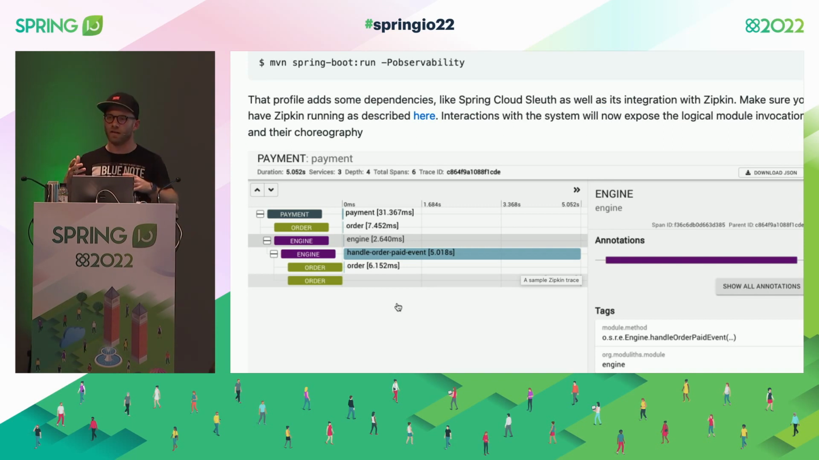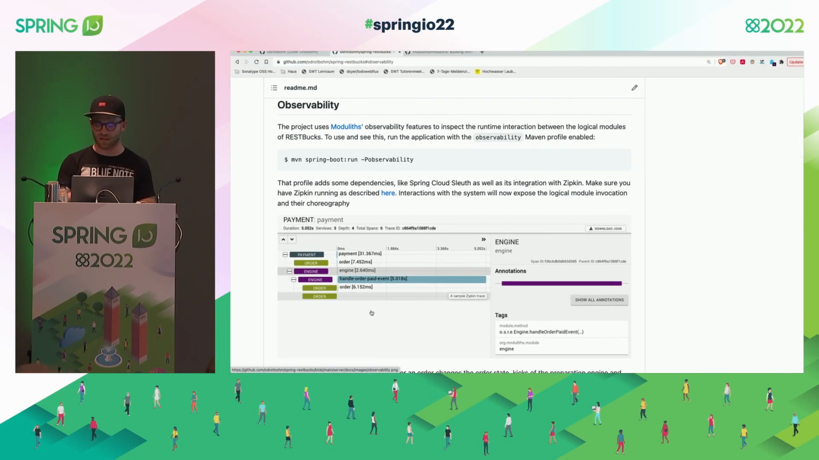So that would assume you have a system that consists of 3 or 4 individual services, each of them consisting of 3 or 4 individual modules. You would basically get all the details, like the spans that cover the network requests, but also the invocation flow through your monolithic modules, basically, right? That's just a sample from another sample project I have,